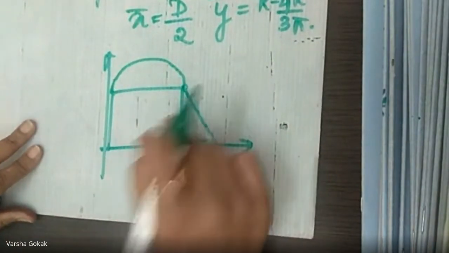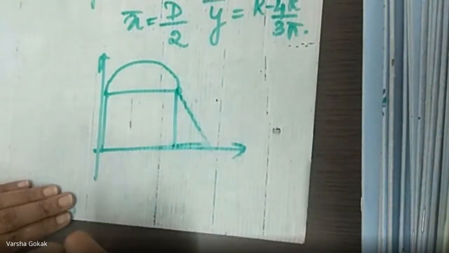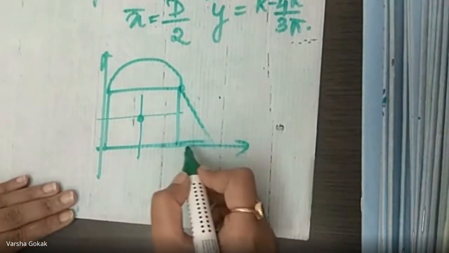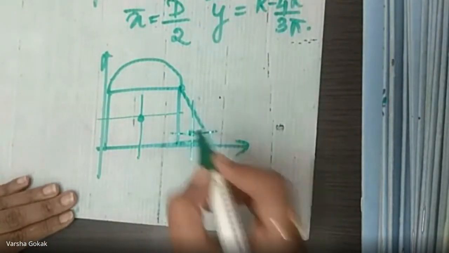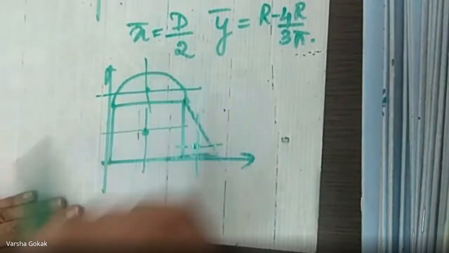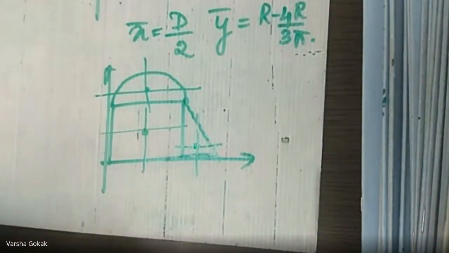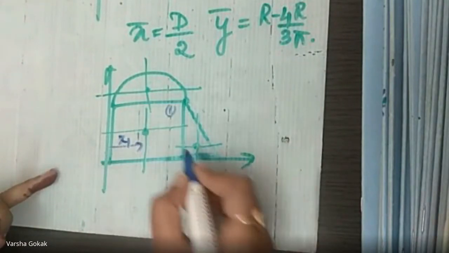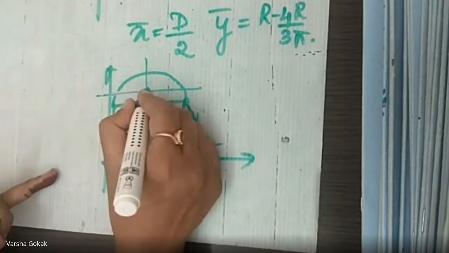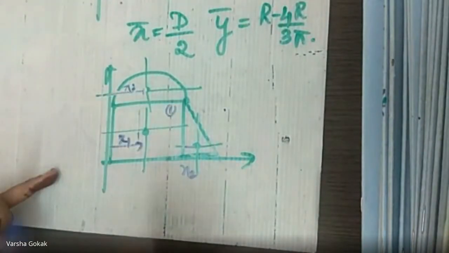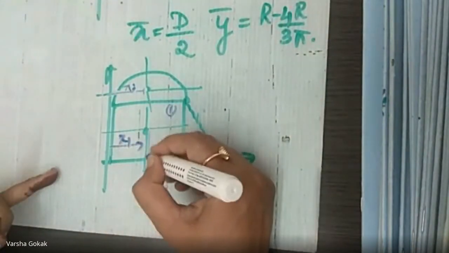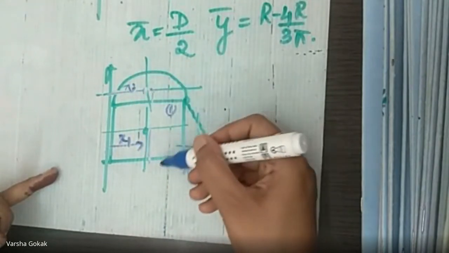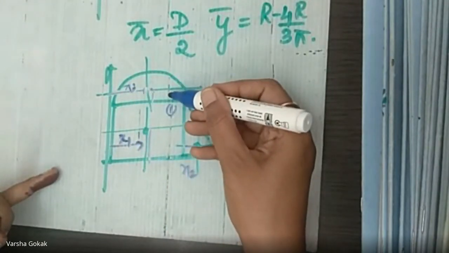In such a case, I have to individually find their CGs first. So I know that CG of a rectangle is here. Then CG for a triangle is here. CG for a semicircle is here. Individually these are. I'll name them one, so this is x1. This is going to be x2. This is going to be x3. Then we will find y1, y2, y3 for this figure, but with respect to the reference axis, this distance will get added.